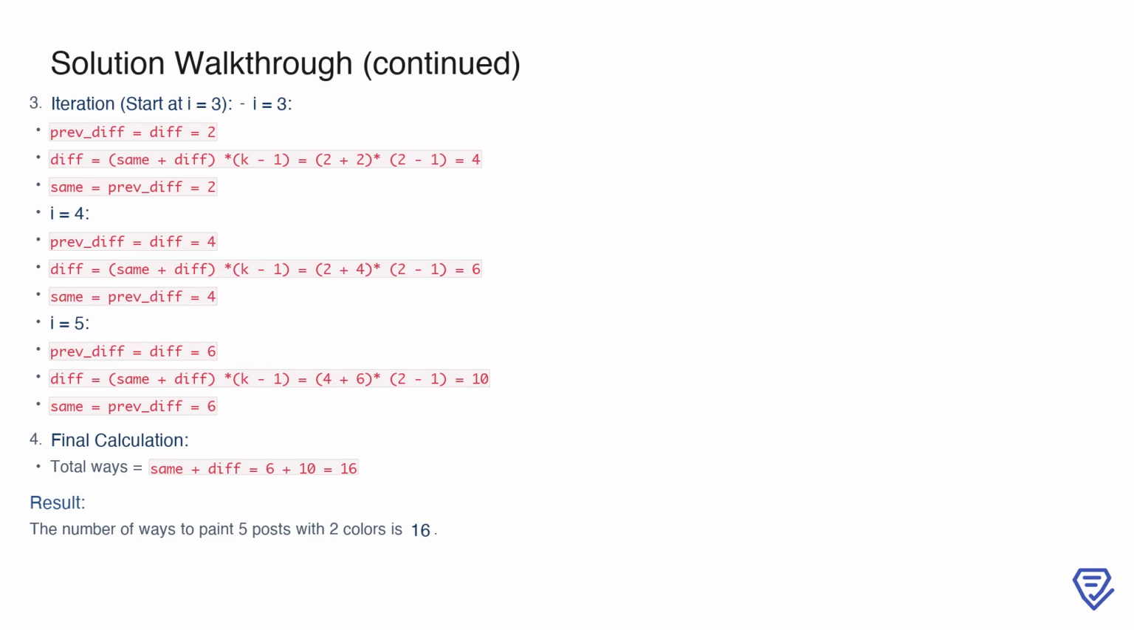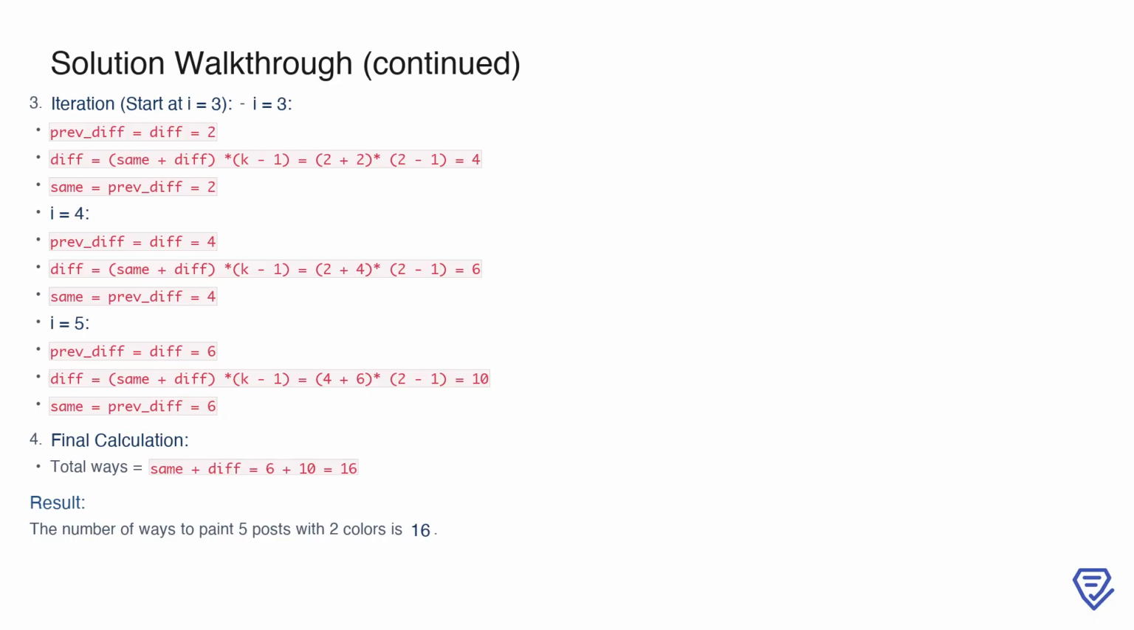Finally, for i equal to 5, prev_diff is updated again to the current diff, now 6. The new diff is calculated as the sum of same and diff, multiplied by k minus 1, which evaluates to 10. Same is updated to 6. The total number of ways to paint the fence is determined by adding same and diff. Adding 6 and 10 gives us 16, meaning there are 16 ways to paint 5 posts with 2 colors while